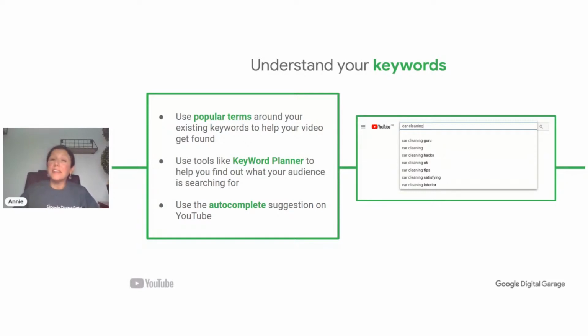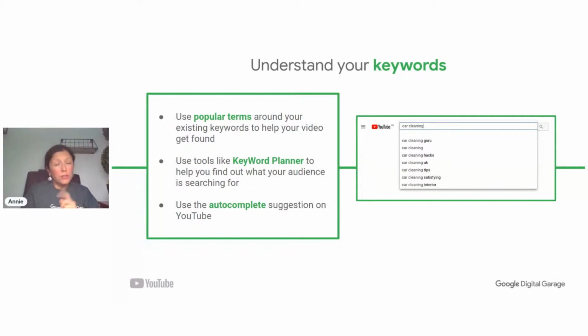We might have some existing keywords that we think people will look for, and we can put those into different tools to establish the volume and interest around those terms. One of the things is Google Trends, which I've already mentioned earlier. Once we put in one search term, it will show us a plethora of different search terms relating to that one we've already input. And it will show us where in the world people might be interested and the kind of times of year they might be interested in that content. So have a think about what keywords you can take from that, but also avoid irrelevant words in your description. Make sure that you stick to those that are relevant to the search.